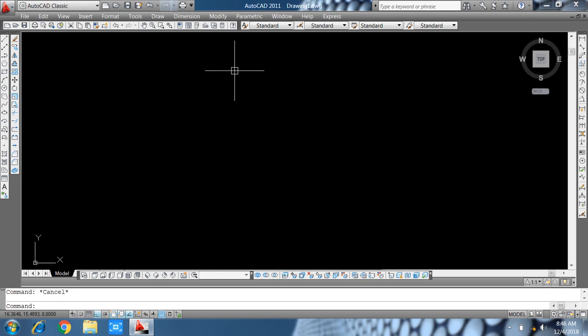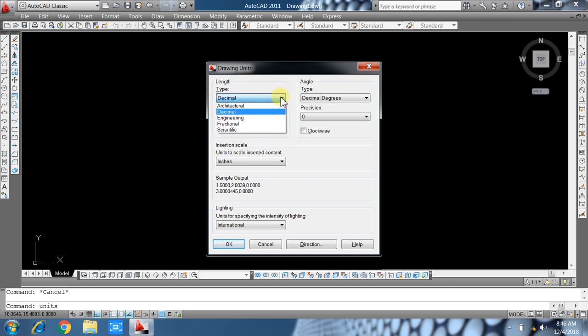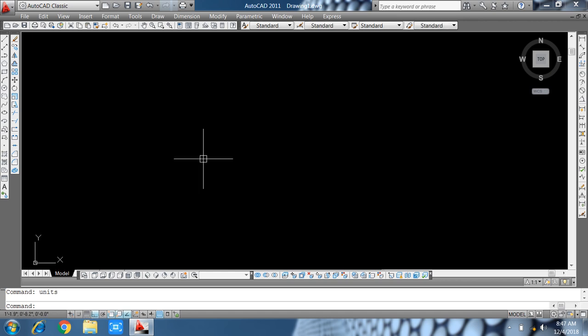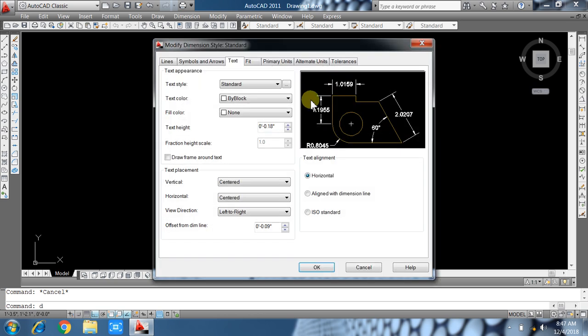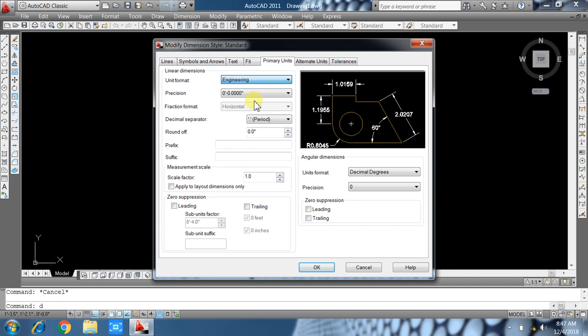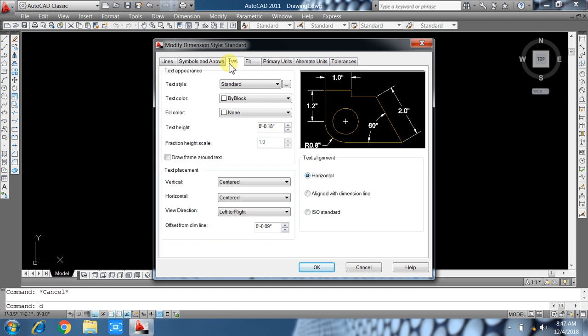Now press UNITS and select your country. For length system, I select engineering in Pakistan, and degree minute seconds, and press OK, and press D, enter, and go to modify primary units, select engineering and degree minute seconds, and the text I make 20, and OK, set current, close.